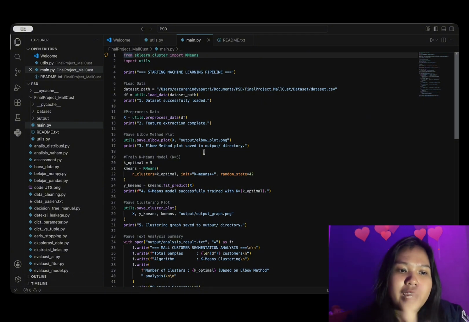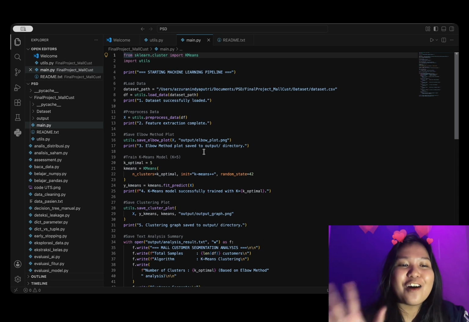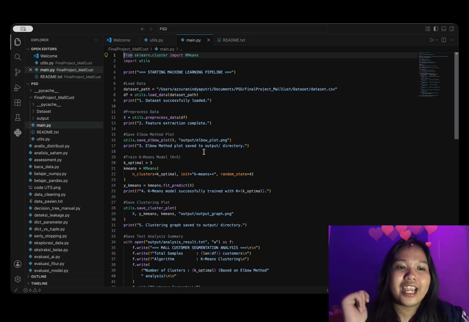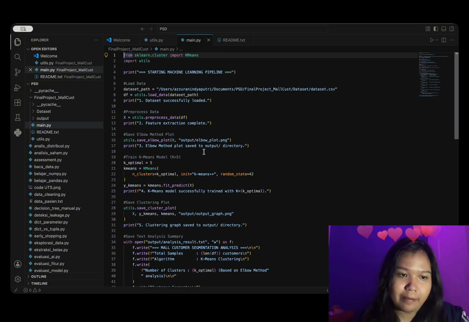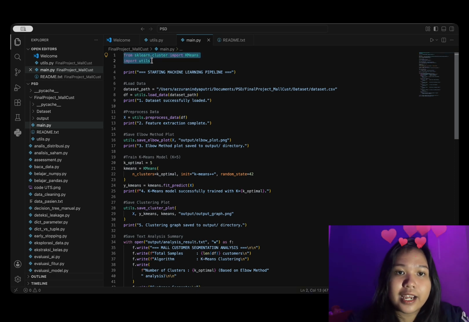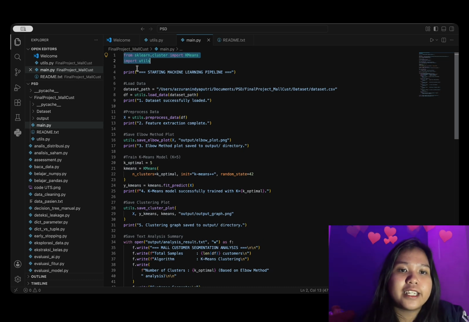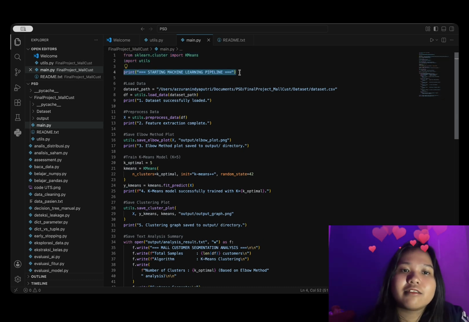So main.py acts as our main pipeline execution script, running helper functions from utils.py step by step. First, we'll import our custom utils.py module along with K-means from scikit-learn. Then this is the header.